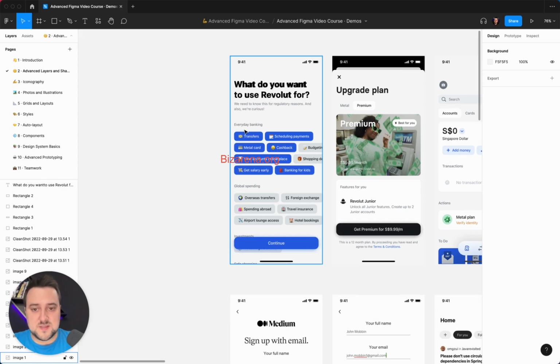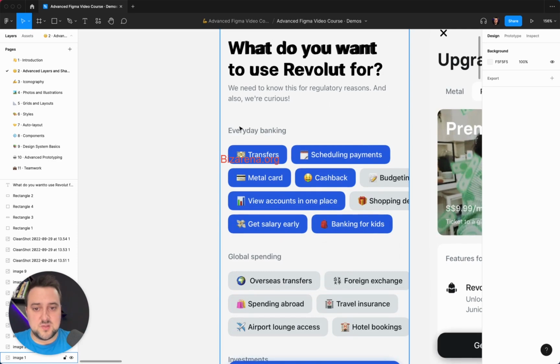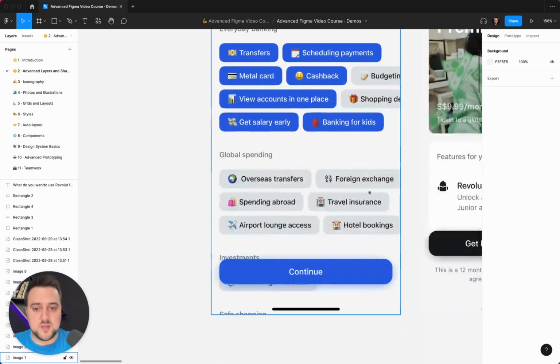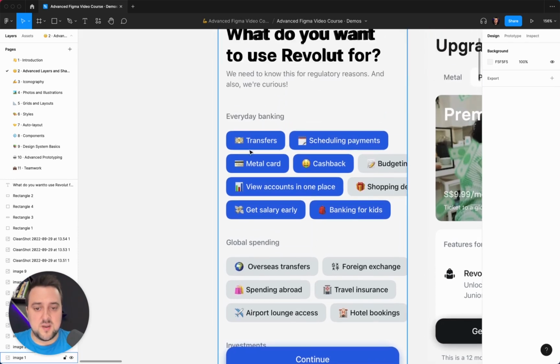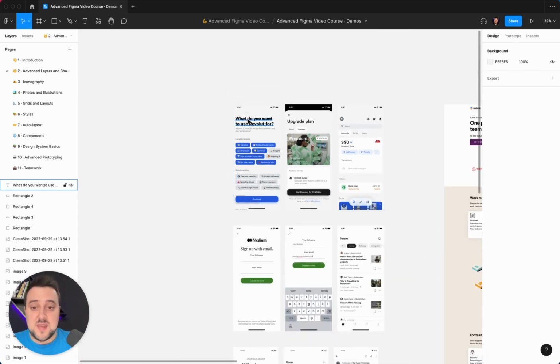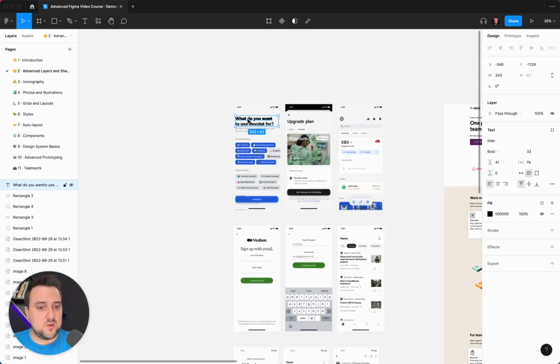You can see how this spacing is a little bit smaller than the spacing in here, and that's to ensure that this is kind of grouped visually and this is grouped visually, and you can't really make a mistake of knowing that global spending is the label that's connected to these items in here and not the ones above it, and so on. So yeah, definitely spend some time if you're someone who's just learning UX and UI design, and